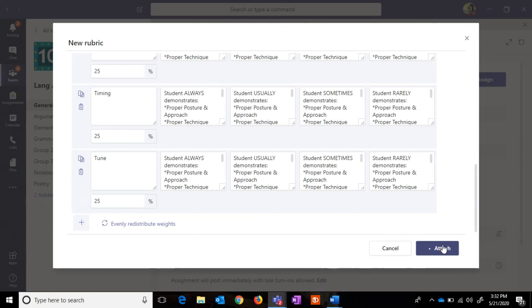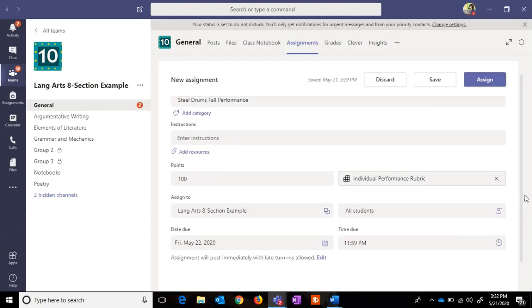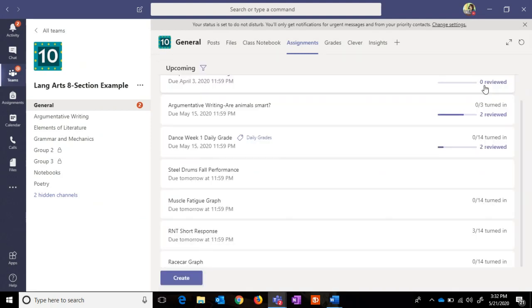So that's how you copy and paste a rubric over if you've already have it. Like I said, you can't import right now, but you are able to just copy and paste relatively easily. And I just want to point out that is a rubric from a performance. I recommend you considering using a rubric even if they're not turning in something directly into Teams, because